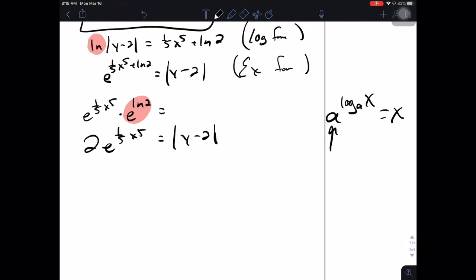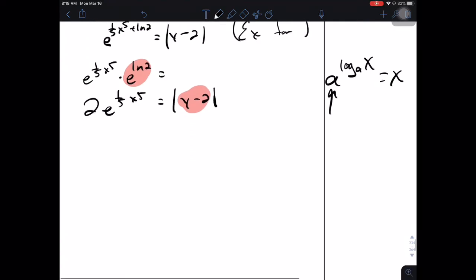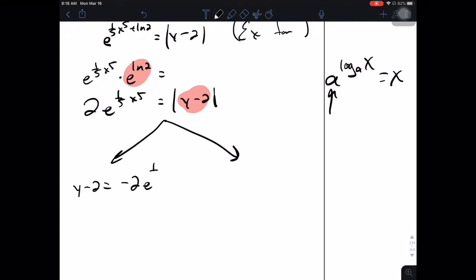So since this is an absolute value, it means there's two versions of the answer. Absolute value means what is inside this could be positive or it could be negative. And then once you take the absolute value, it becomes positive. That's why the left side's positive. So there's two versions of this. Either we have the negative version, which is y minus 2 equals negative 2e to the 1/5 x to the 5th. Or we get the positive version, y minus 2 is positive 2e to the 1/5 x to the 5th. If we solve each of these little fellas,